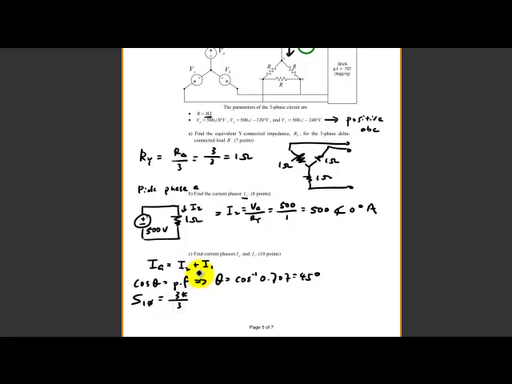divided by 3. But we are not quite done yet. That 3 kilo is actually the apparent power, just the magnitude. So you have to include the real and the imaginary part of it. In this case, it is cosine 45 degrees plus j sine 45 degrees. Notice that I haven't put the sign here. If you have lagging, it gives you the positive sign right away. This is the thing that I talked about earlier in the semester, so don't forget that and stick with it consistently. And this will give me the value of 1 with 45 degrees